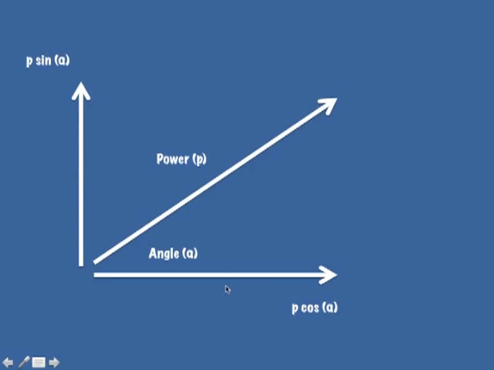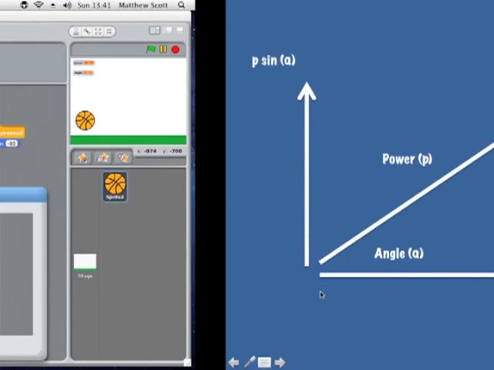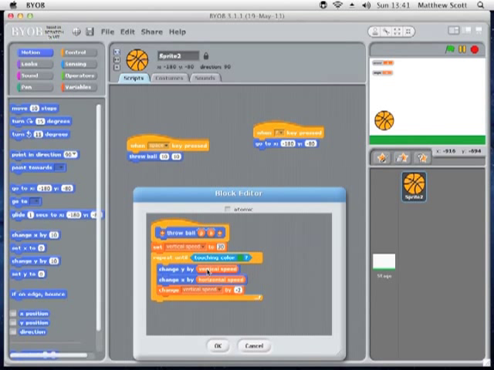So you can use trigonometric functions to represent these again, whereas the vertical speed is now the power times sine of the angle, and the horizontal speed is the power times the cos of the angle. So I'm going to go back and I'm going to implement that. So each time it moves x by the vertical speed, but I want the vertical speed to be set to be the power of the angle. And so I'm going to create two new script variables within here,